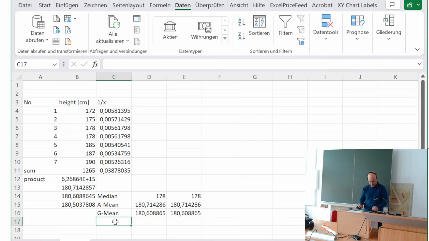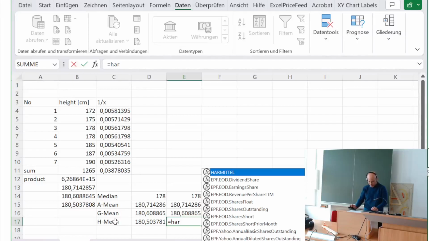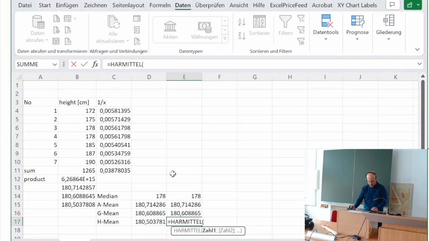And then this here, the harmonic mean, is this one. And of course, we also have the harmonic mean formula,